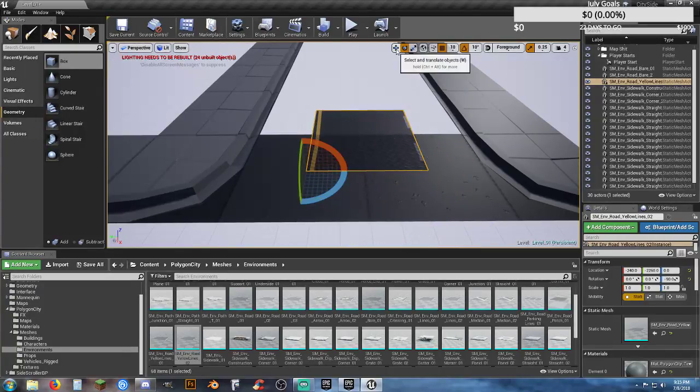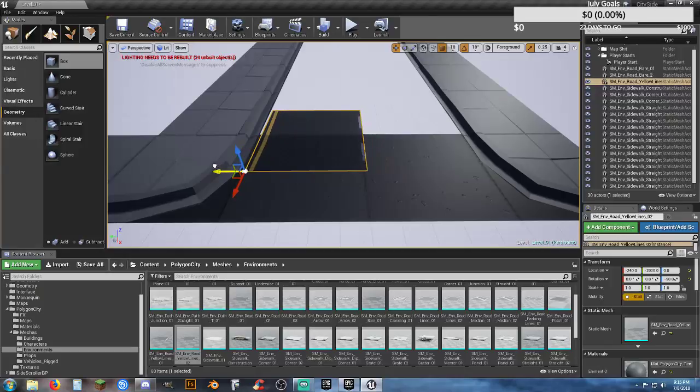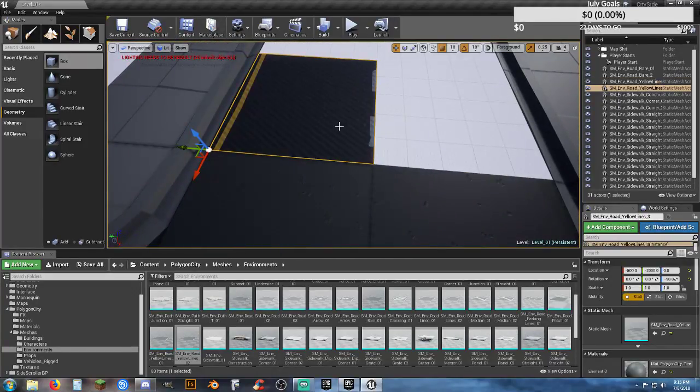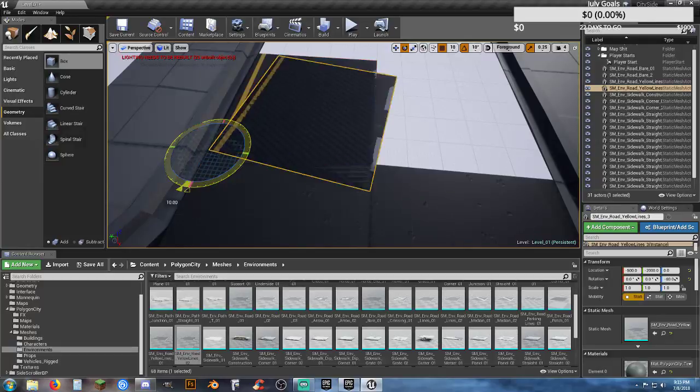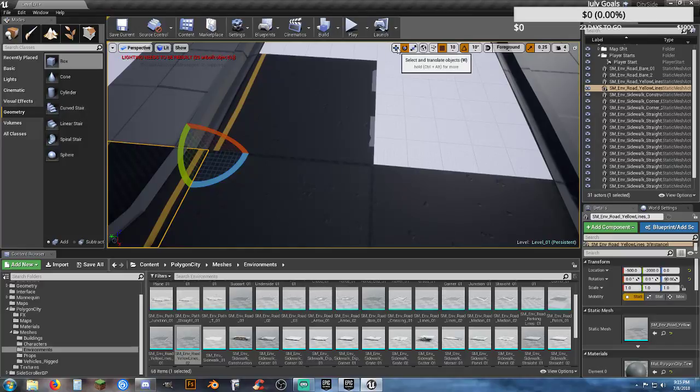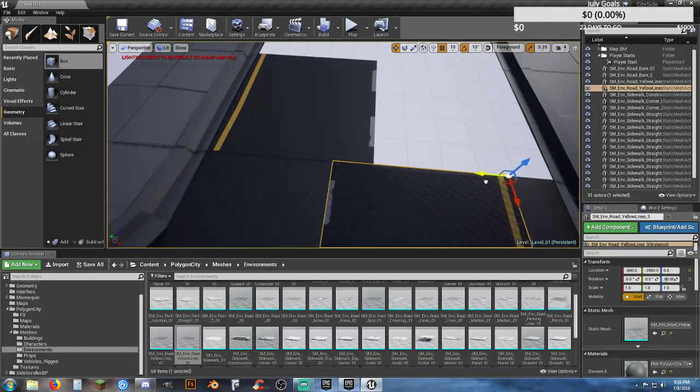So we put the yellow line on the side of the street and line it up here. And line it up here. And then I'm just going to copy and paste and rotate and create another copy of it. Control C, Control V, rotate 180 degrees, lock it down,